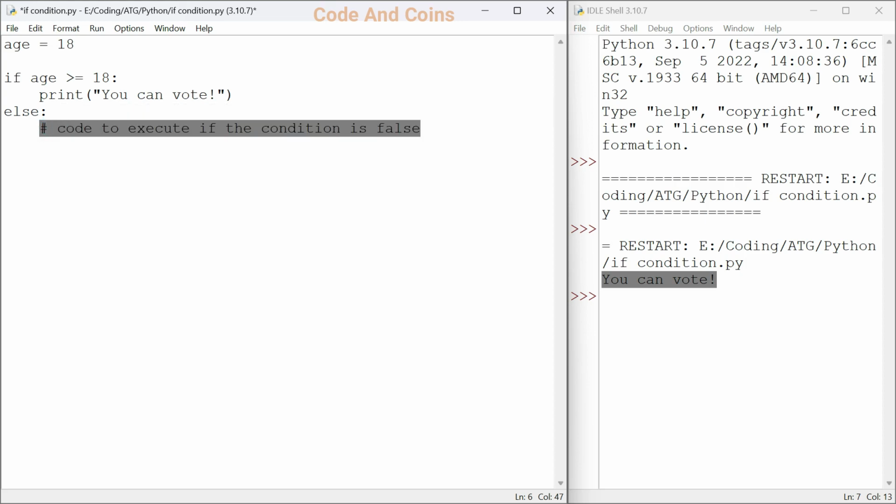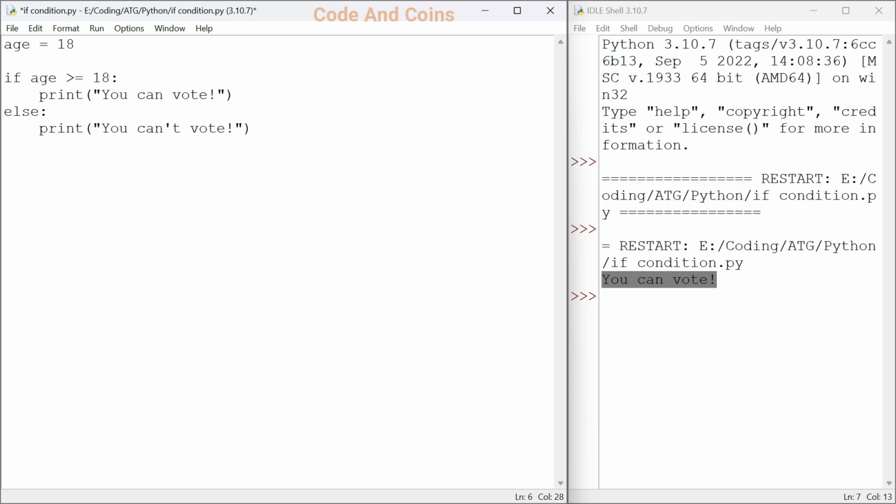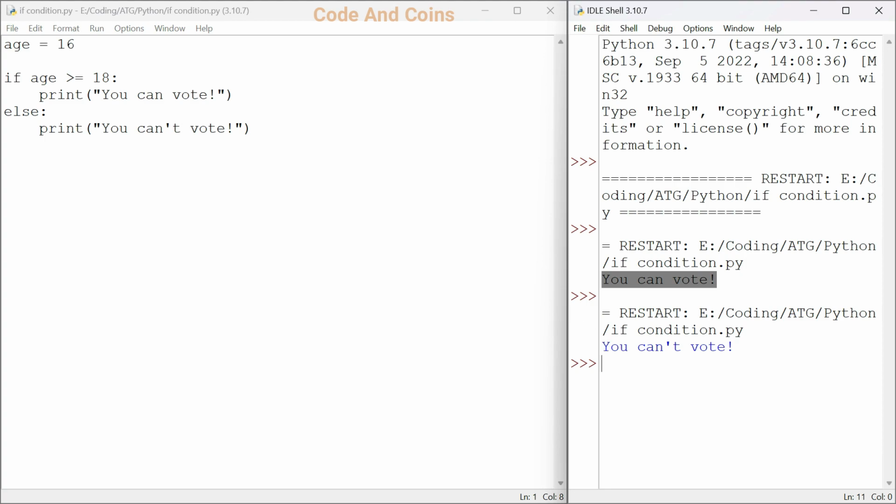If the person is not 18 years old, we can print, and then if I change the age to 16, then it will print "you can't vote", because when it compares 16 with 18, it checks is 16 greater than or equal to 18? No, the condition is false, and the else block of code is executed, which is